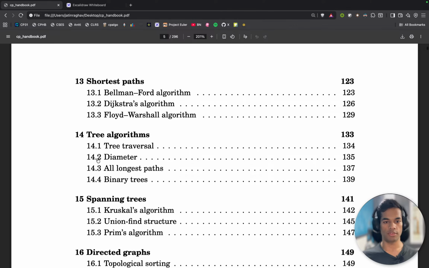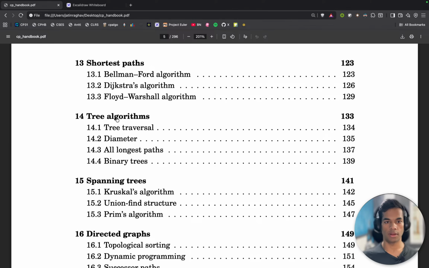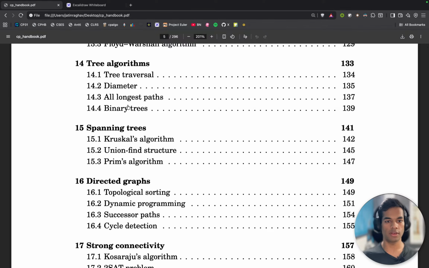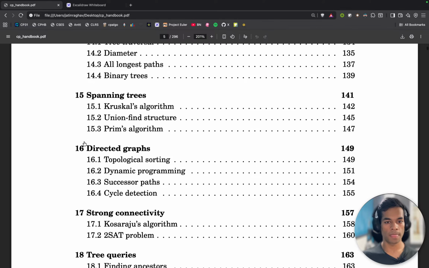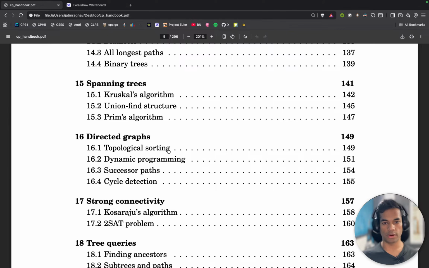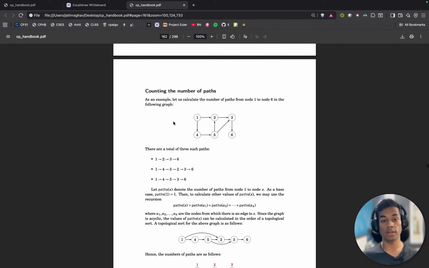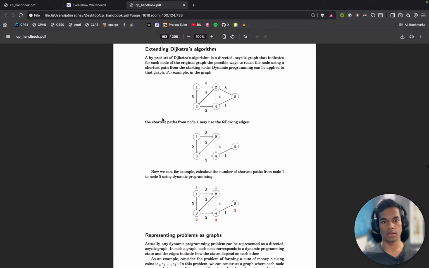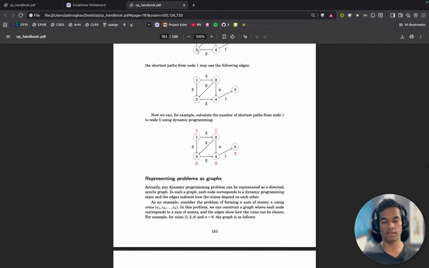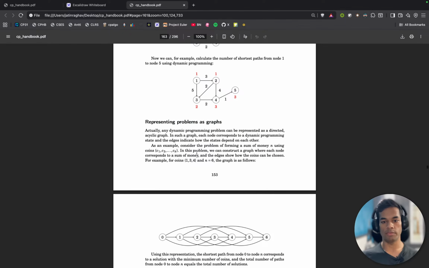And tree algorithms, yes, this is something that we will have to go through. Like, of course, we do encounter trees, so that would be nice. And spanning trees, that will be cool to know about. Directed graphs and topological sort is something that I really want to get into, what that is and how it actually works. And then dynamic programming in directed graphs is going to be pretty cool. Counting the number of paths and then extending Dijkstra's algorithm,